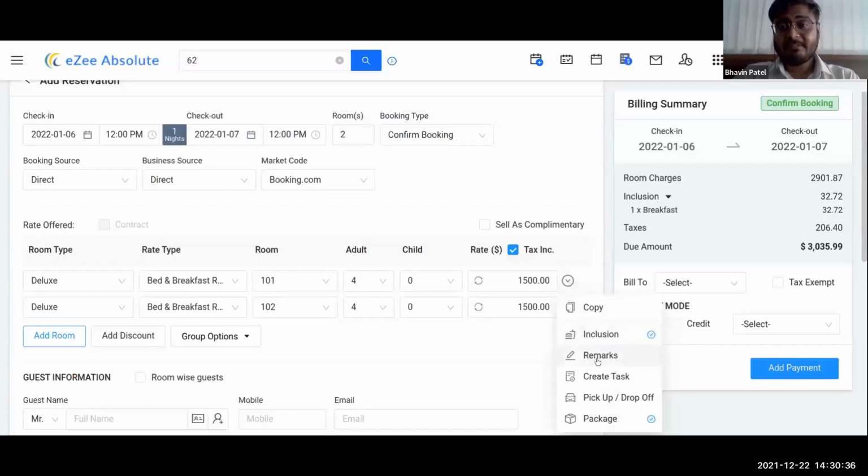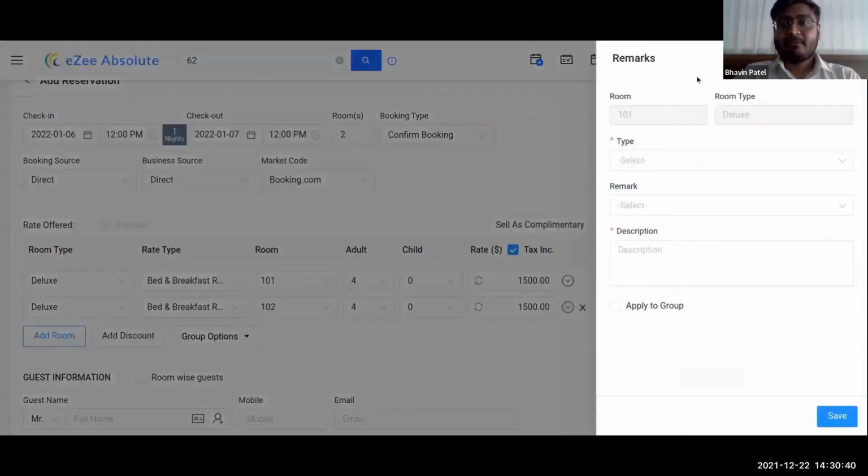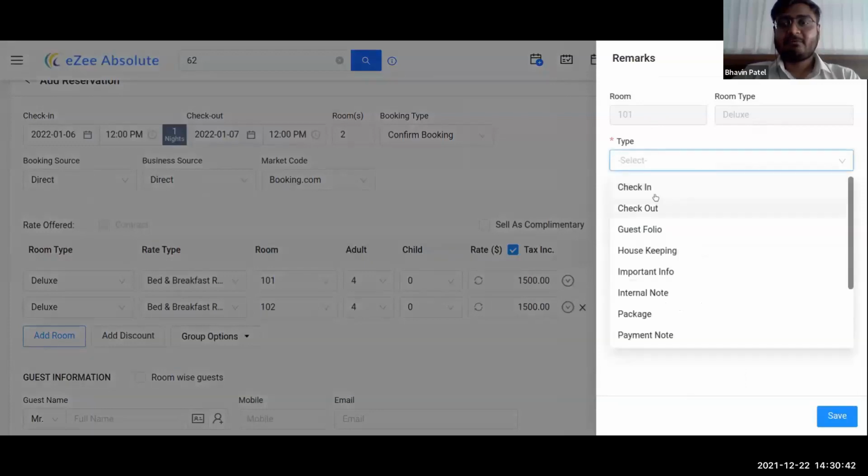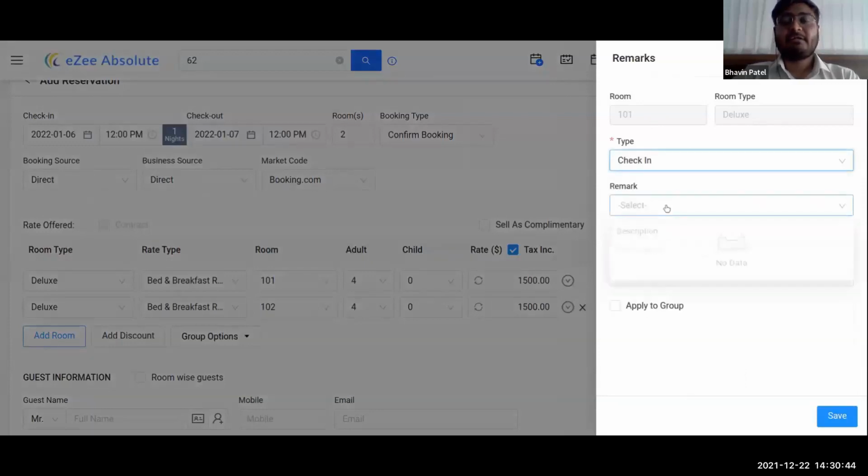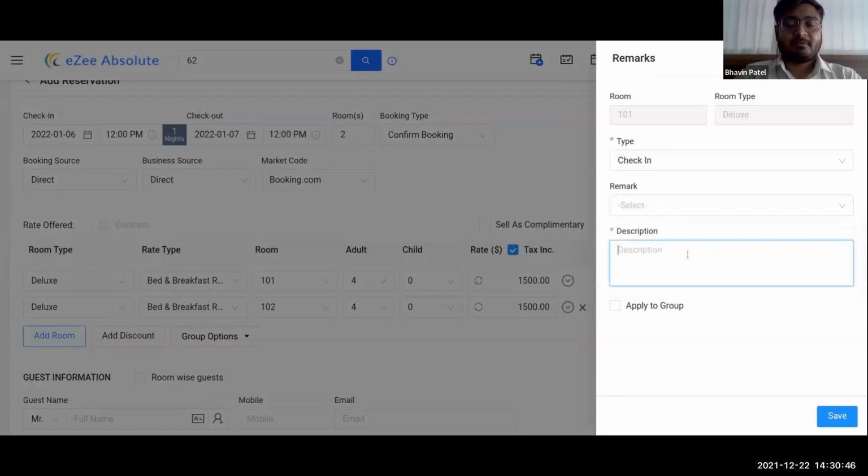Similarly, if I wanted to add a remark, for example at check-in, we can write any remark here. This guest has requested a welcome drink as well. This is a remark that I wanted to add, and I want a user to see this at the time of check-in. If I want to apply this remark on a group level, I have this option, apply to group,